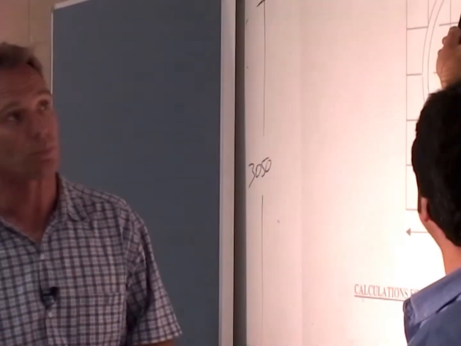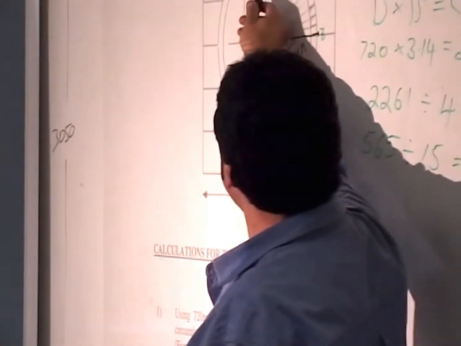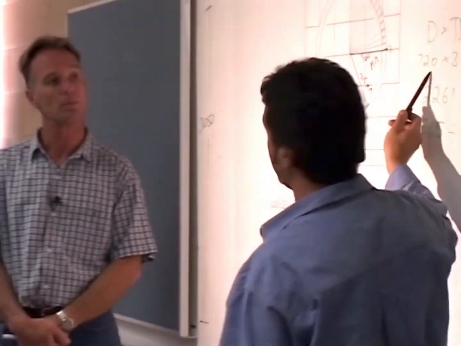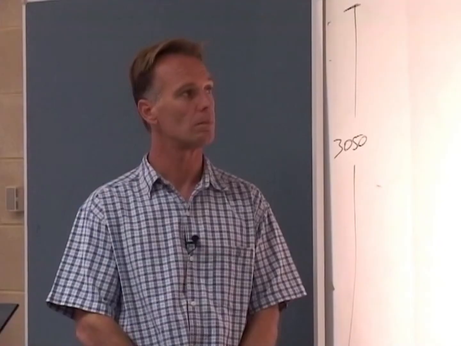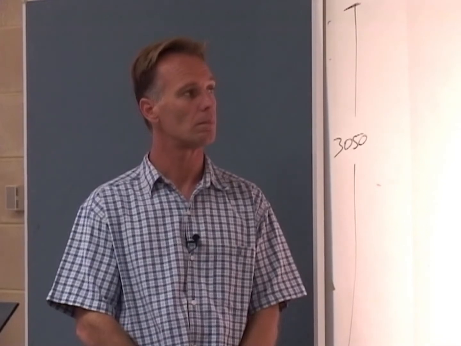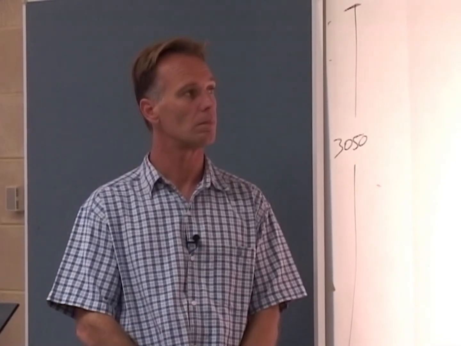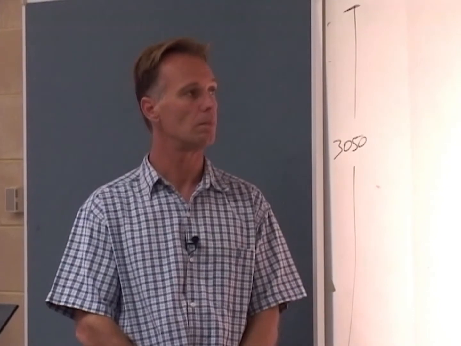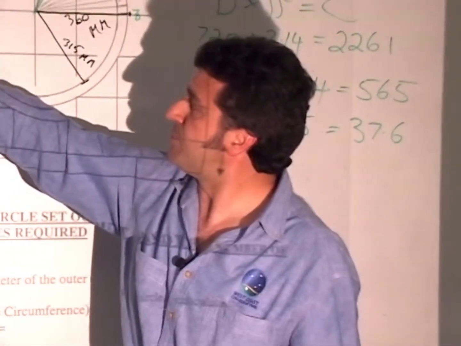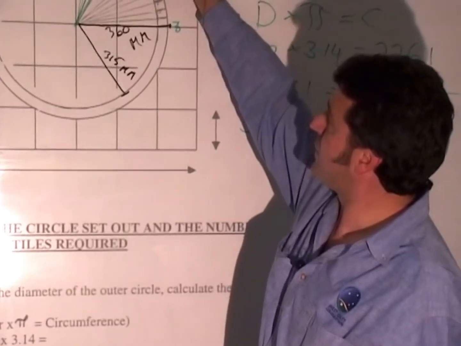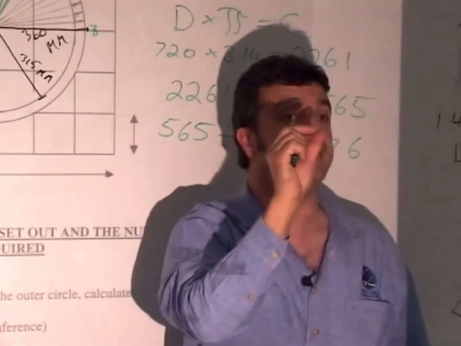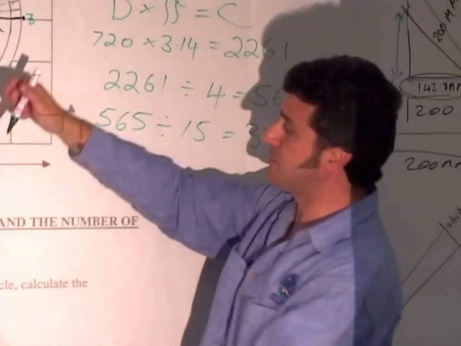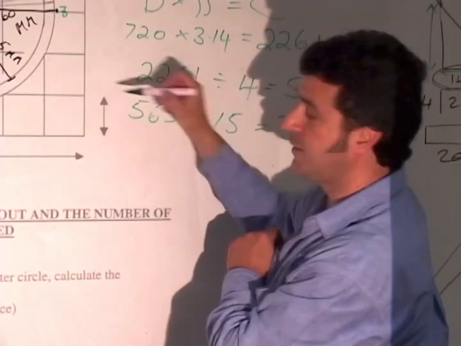We've established we're going to need 60, just on experience, on a circle that has a diameter of 720 millimetres. All those will radiate back to the centre, as you can see from the diagram that Gordon's prepared. By having that effect, the tile will be slightly wider there than it is there. The only thing is we need to remove 2 millimetres on either side of the segment to leave us a joint space, don't we? Because we've got to be consistent with all our joint spaces through the body of the tiles.